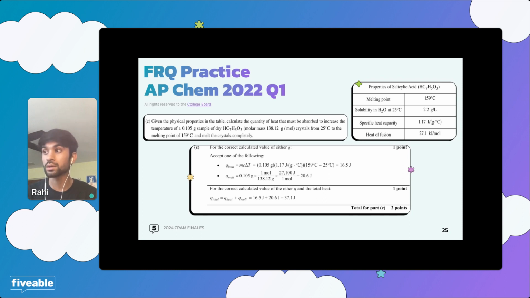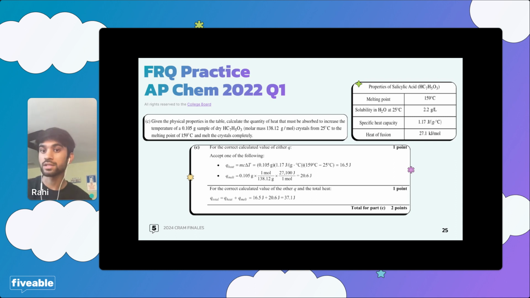So you need moles. So that means Q is 0.105 grams. And then we're going to convert that from grams to moles, so we're going to use the molar mass and multiply it by 1 mole over 138.12 grams. That's stoichiometrically. And then after that, we're going to multiply that by the heat of fusion. Remember, if I were to multiply it by the heat of fusion that was given to me, that is 27.1 kilojoules per mole, I will get an answer. It will not be wrong. It also will be in kilojoules. And if I add kilojoules and joules together, that's when it'll be wrong, right?